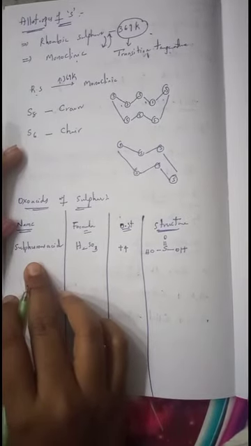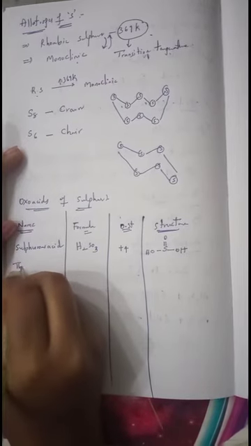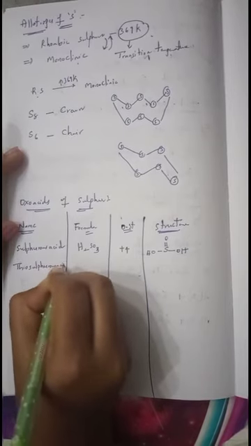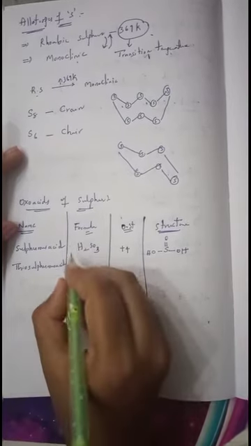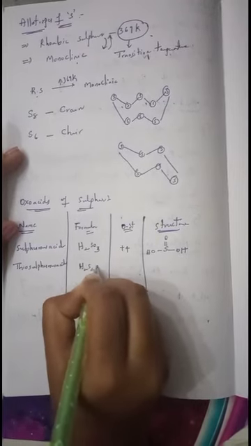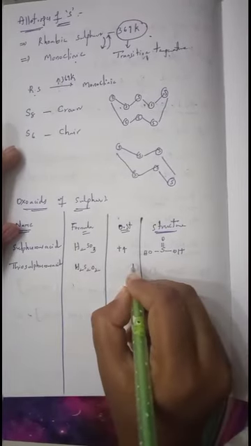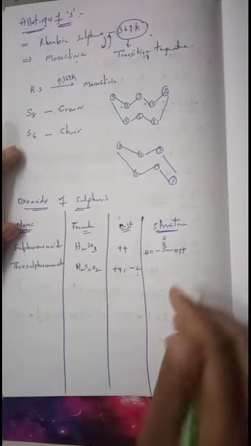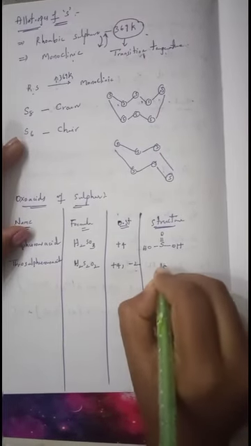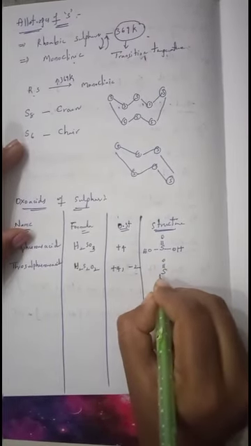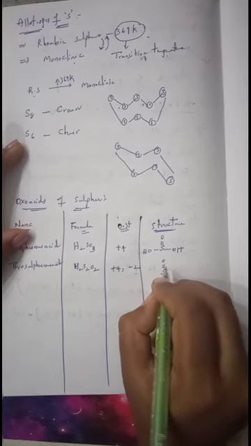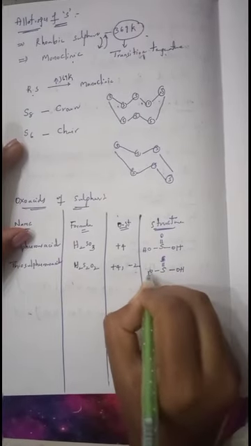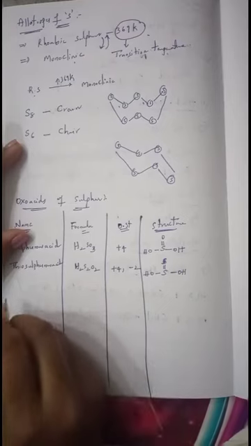Next one is thiosulfurous acid. Thiosulfurous acid formula is H2S2O2, and the sulfur oxidation states are +4 and -2. And here sulfur is in one double bond with oxygen, and two more oxygens are in bond formation with hydrogen, existing as OH linkages. Next one,